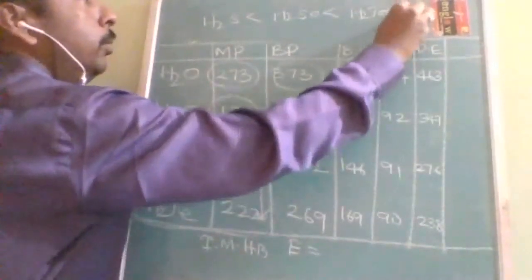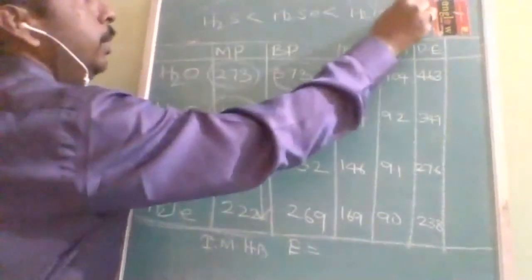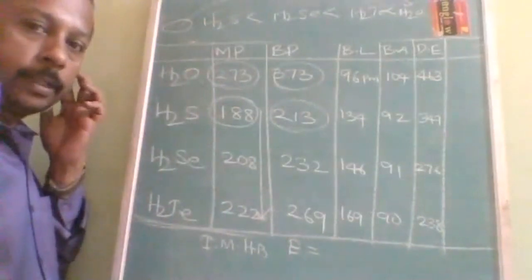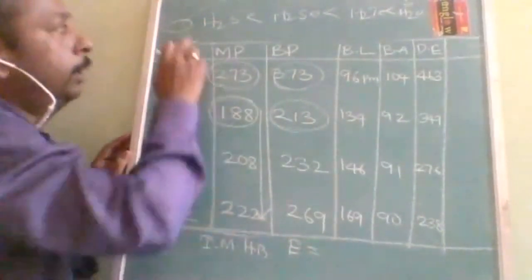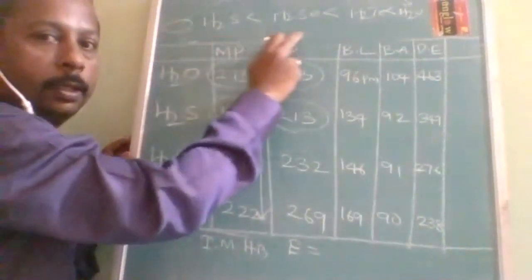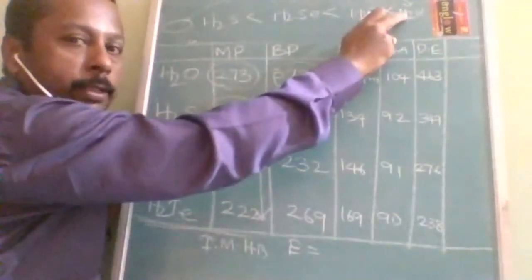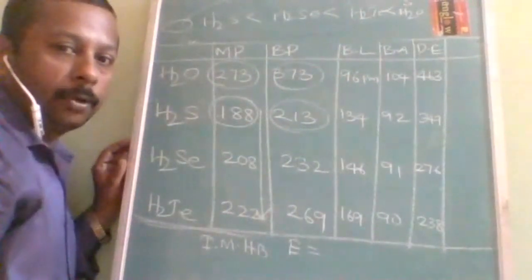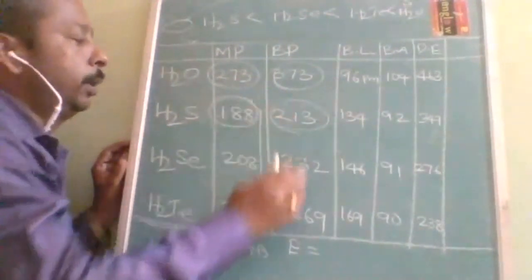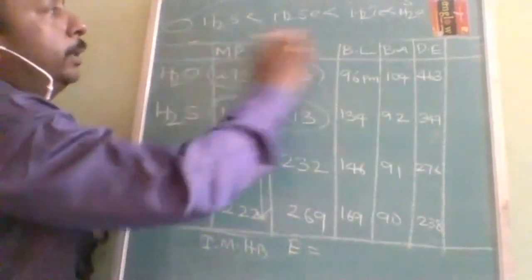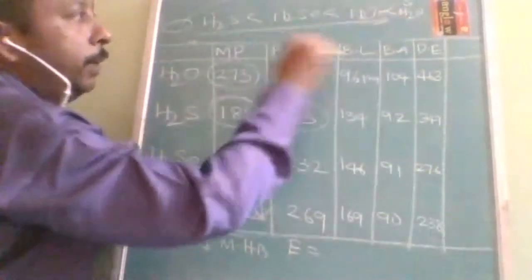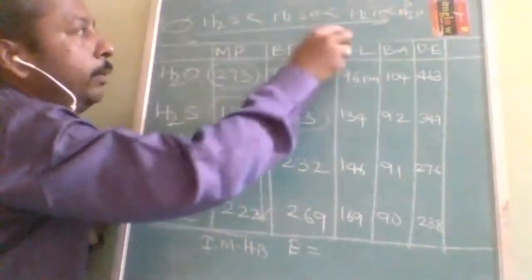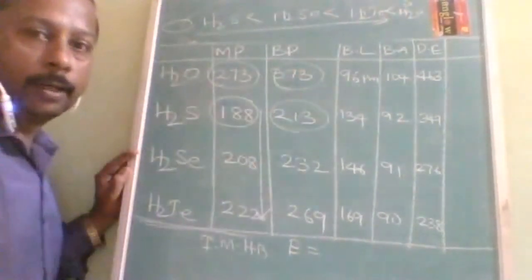Okay. So actually it jumped from here to here. H2O is supposed to be at this place. Okay. Otherwise it is the normal common order. H2O is supposed to be here. It jumped from here to here. That jumping reason is intermolecular hydrogen bonding. And the same order is followed in the boiling point also. Okay. This is the increasing order of boiling point, increasing order of melting point. And if you write notes in this form, you write the jumping reason, intermolecular hydrogen bonding.